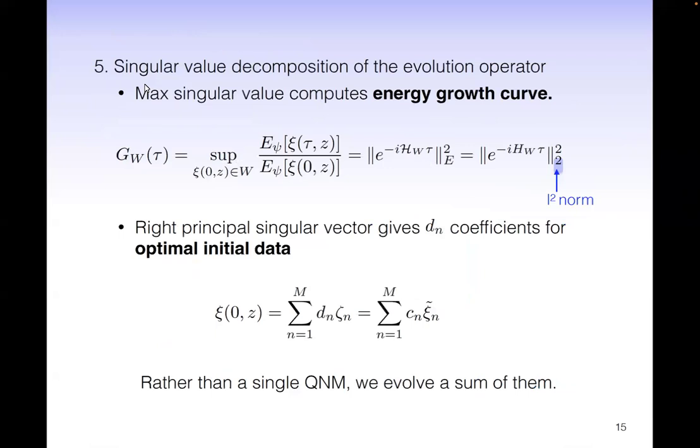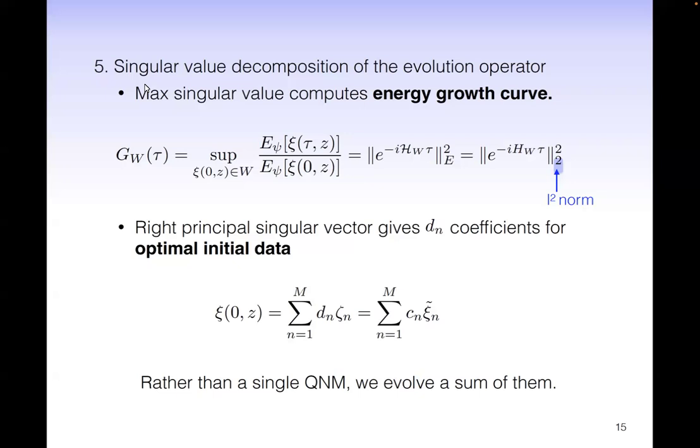Computing the growth curve and the optimal initial data is essentially singular value decomposition of the evolution operator that you see here. But let me elaborate on that. So the growth curve restricted to the subspace W is essentially, as I said earlier, the maximum energy you can have in the scalar field, appropriately normalized, when optimizing over all possible initial data that I can have in the subspace W. And this is not too difficult to show, that is equal to the energy norm of